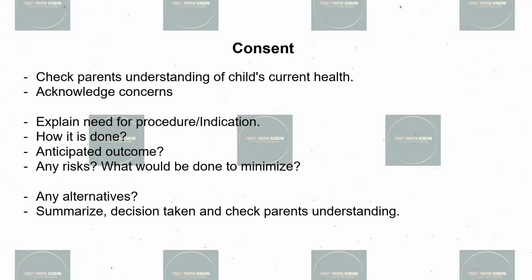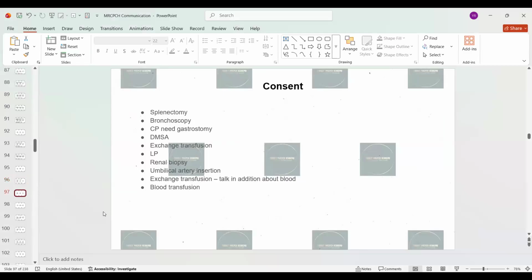Once you have spoken about all these things, you finally summarize and let them know what decision has been taken. Most of the time, they might say, okay, they're happy to give the consent, or some parents might say, I have to discuss with the other parent. Look into the situation, how it goes, and say what decision has been taken. And you should, at all points, make sure the parents are understanding what you're talking about. Okay. Any doubts so far on how to do a consent station?